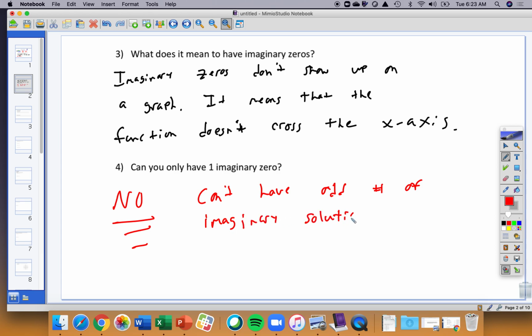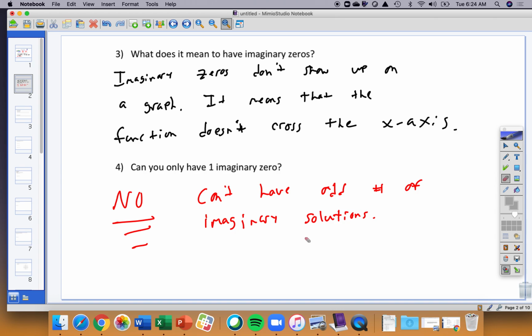solutions. Why? Well, imaginary numbers come from the square root of a negative number. When I'm taking the square root of any number, I have in front a little plus and minus, which means that imaginary solutions must come in pairs. They can't come in odd numbers. So I can't have one imaginary solution because I'm always going to have at least 2. So I'm going to have 2 or 4 or 6, but I can't have 1 or 3 or 5 imaginary